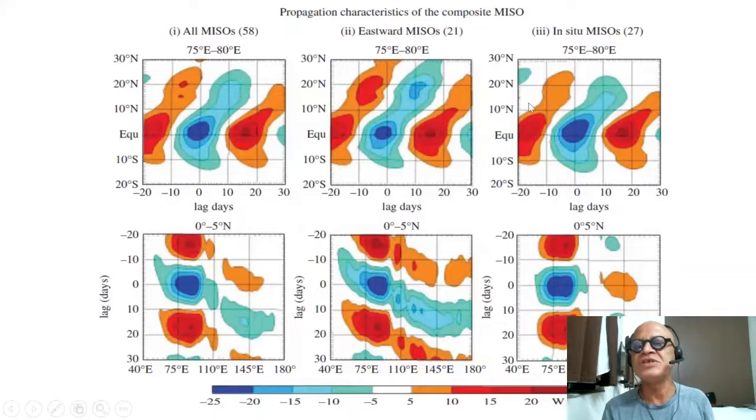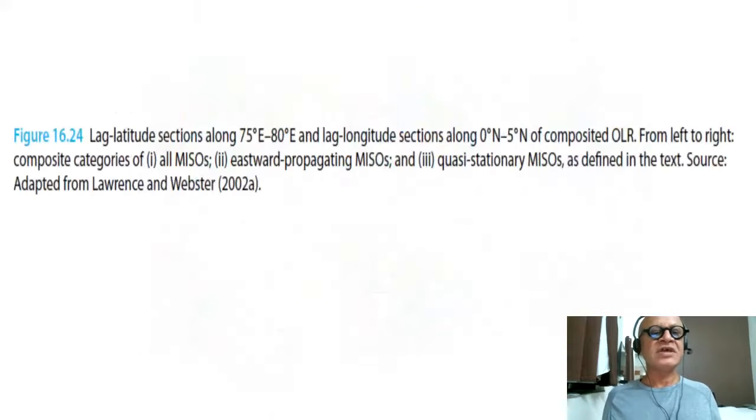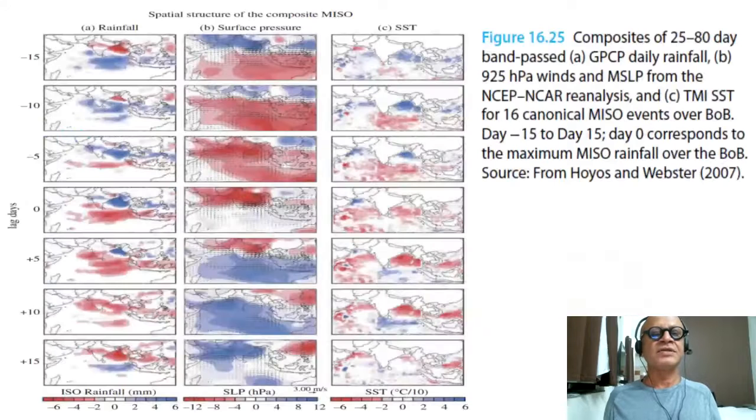And in situ mesos, which don't propagate as much, you can see that at 0 to 5 north, they are basically stuck at the Indian longitude. This is going off into the maritime continent. And you have all the mesos combined together. So there is a large inter-event variability as well, and we will see some more details when we come to the